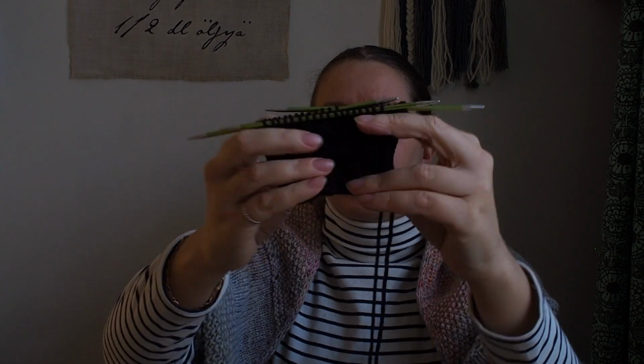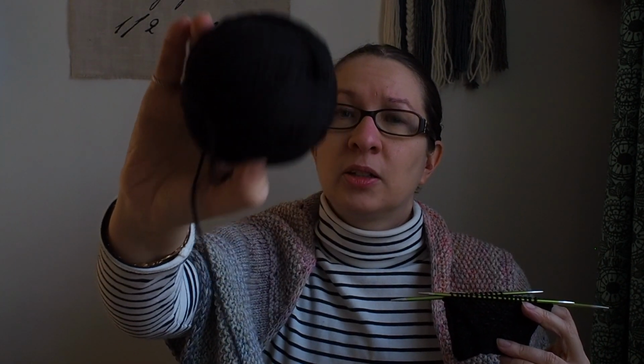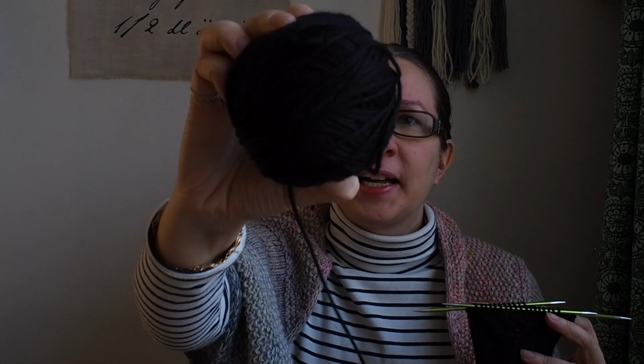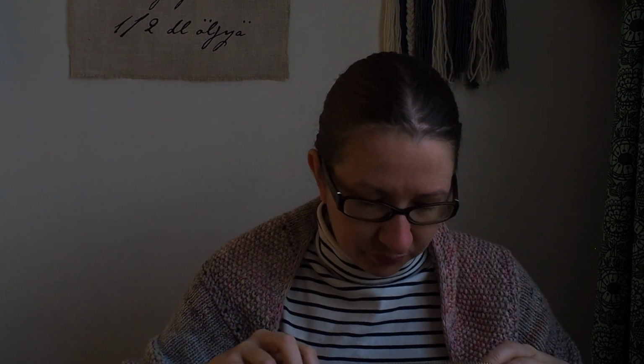And yeah, so Ordinary Magic mitts, the larger size, and this is the second mitt. And I'm knitting this with Madeline Tosh Twist DK in the Onyx colorway. So it's a brownish black. Not good for showing up stitch patterns on camera, but it was a nice manly color and I had a single skein of it. And I'm knitting this on 3.5 millimeter needles, using 3 millimeter needles for the rib,